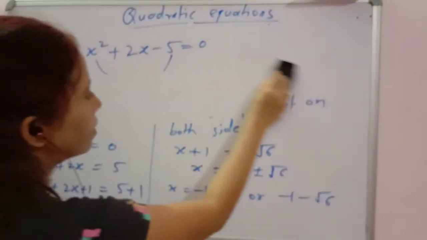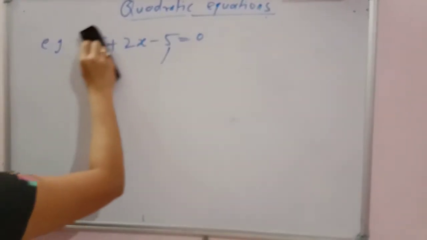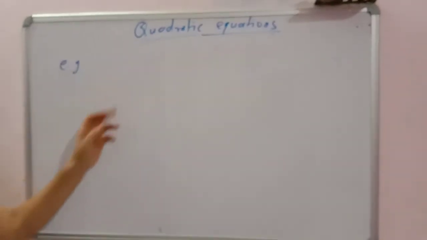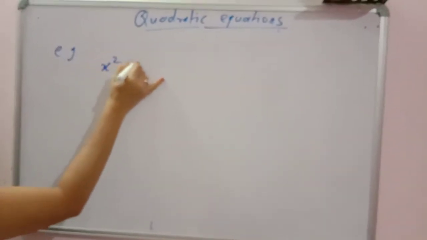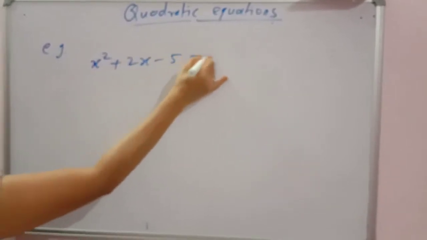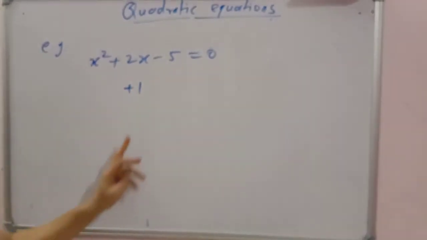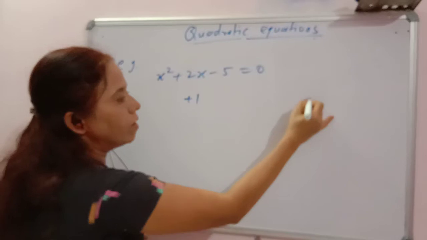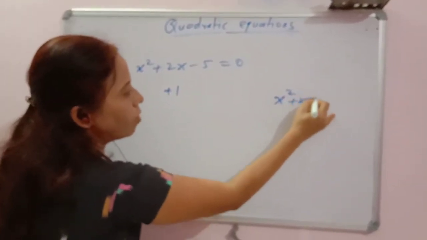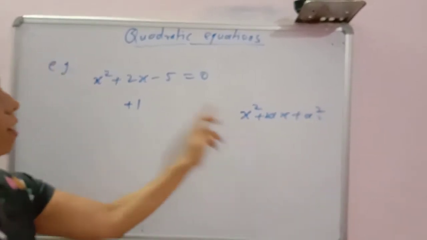Now see, to solve the given example by completing square method, we have to find out the constant term, the third term, to be added. And in the last example, what we have done, the example was this. So what term did we add here? Plus 1 we have added. And how do we find it? We compare this middle term to this term, okay, here we have compared it.